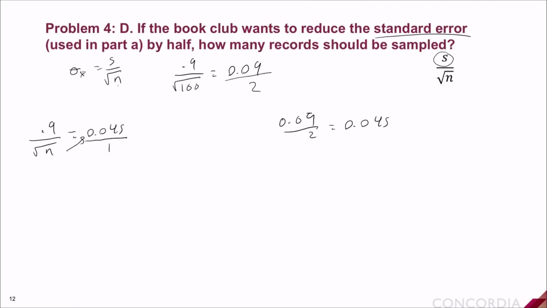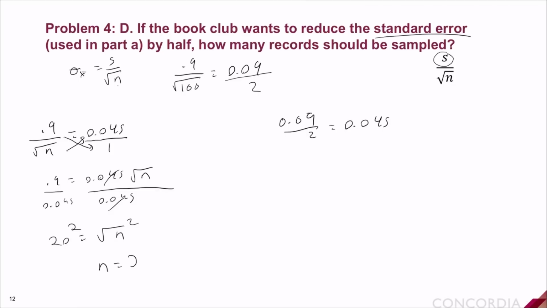First thing, we're going to cross multiply, giving us 0.9 equals 0.045 times the square root of n. We're going to divide both sides by 0.045, and that'll give us 20 equals the square root of n, and then we're going to square both sides, and that'll give us n equals